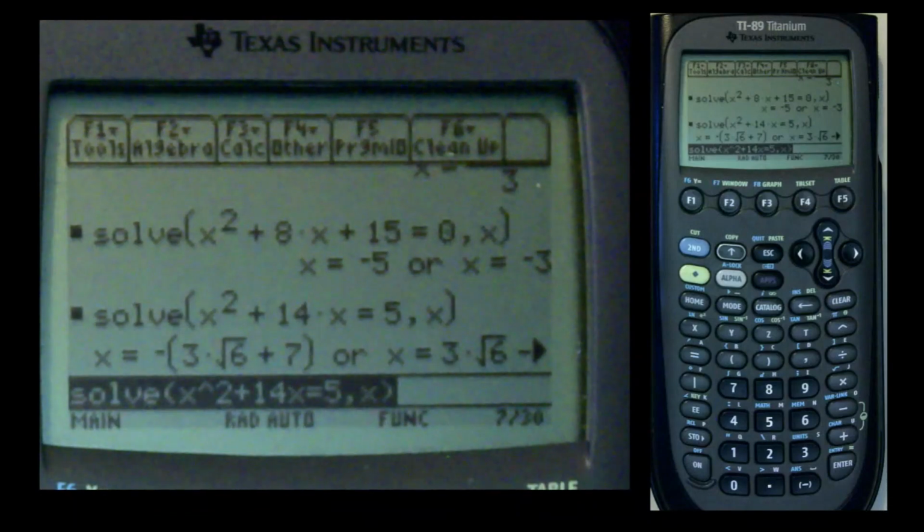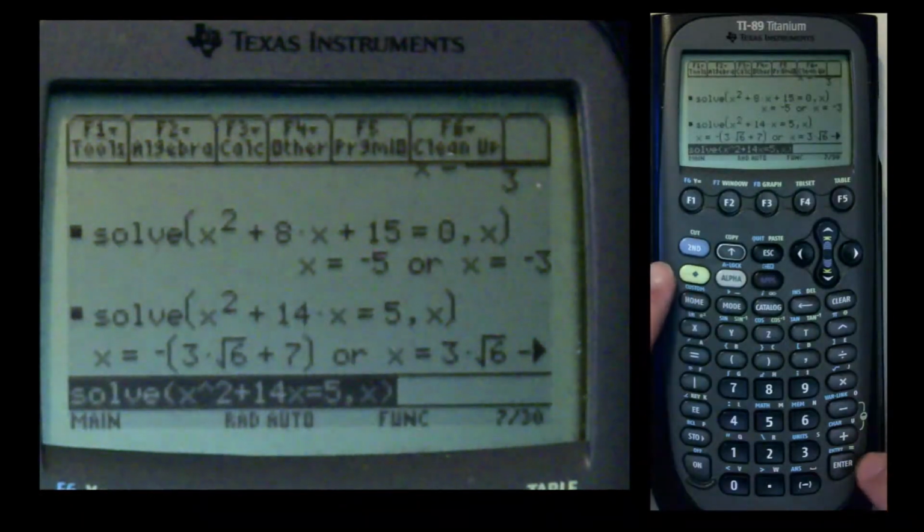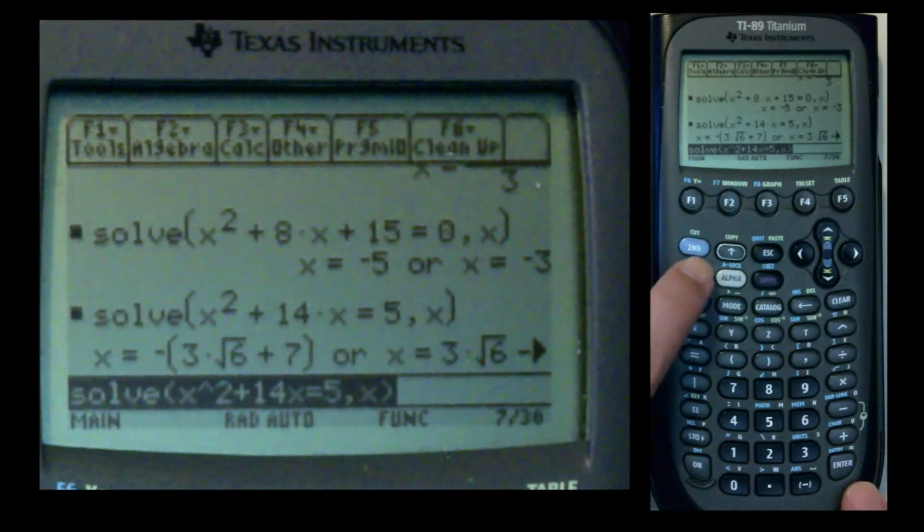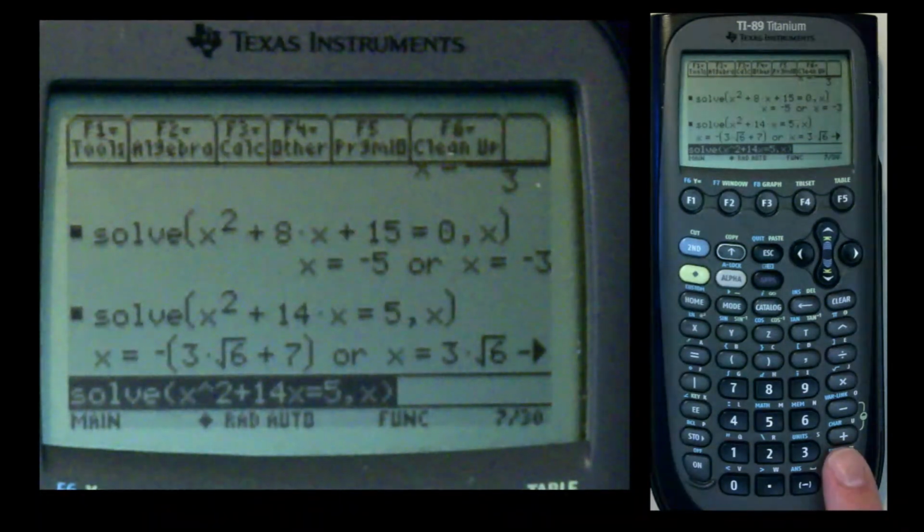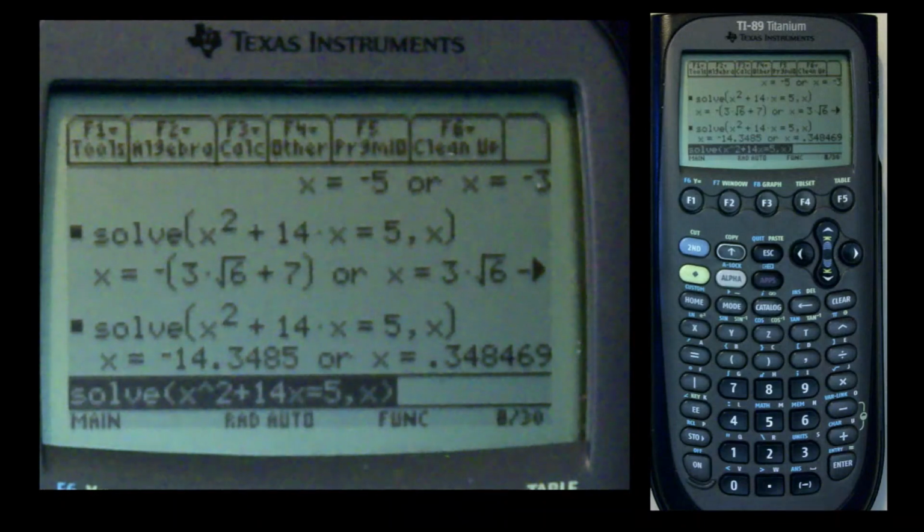It's not going to give you a nice answer. It's going to give you those answers. And now might be a good time to show you that if you do something like this, you can also do the approximate solution. So if you do the green diamond and then the enter button, which is the approximate equal to, it's going to give you the decimal approximations for those as well. Okay, it can do even more complicated things, such as